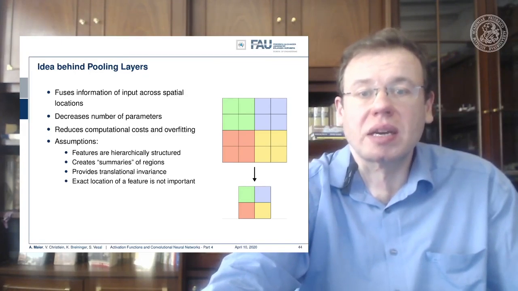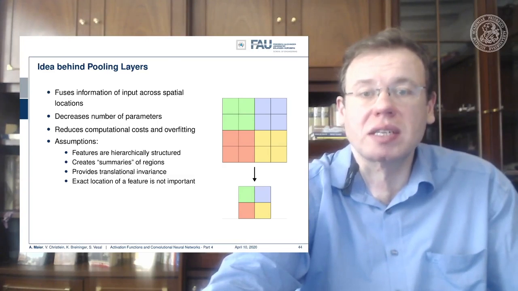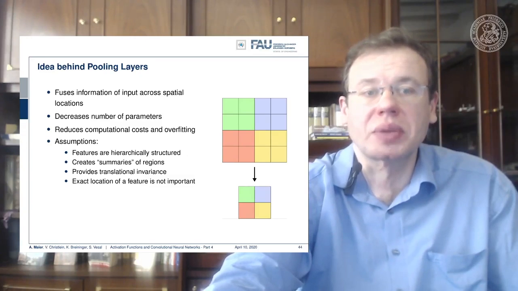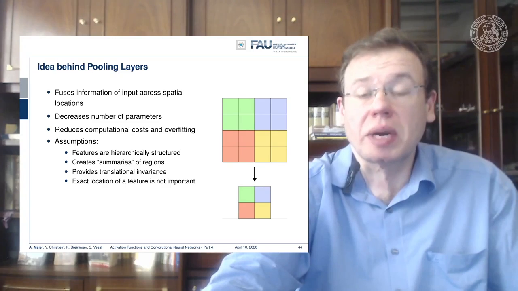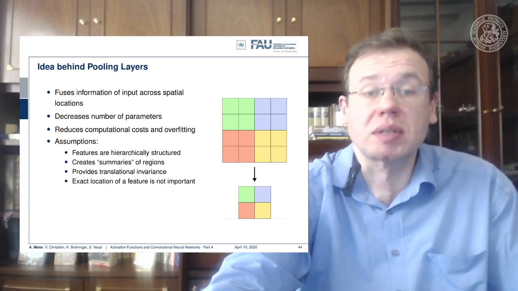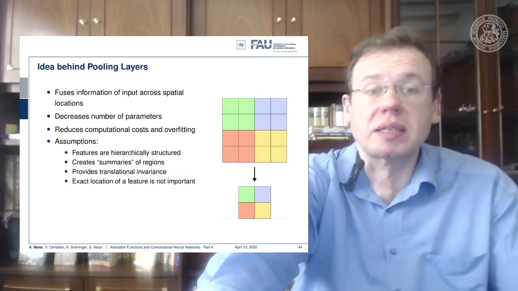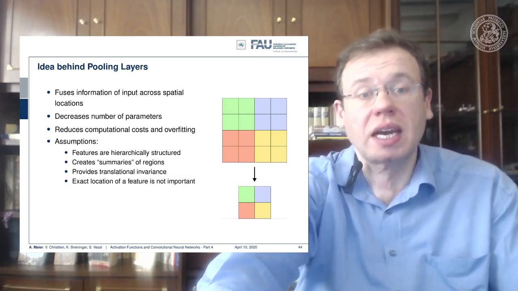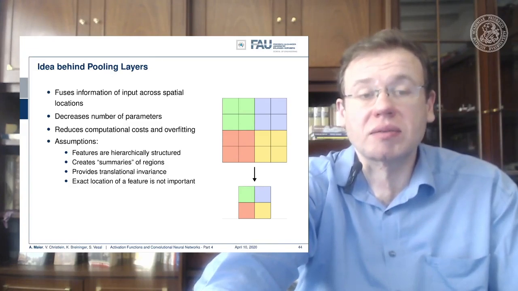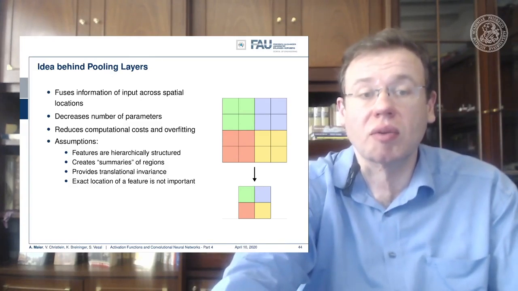So here we see this small example where we summarize the information in the green rectangles, the blue rectangles, the yellow and the red ones to only one value. So we have a 2x2 input that has to be mapped onto a single value. Now this of course reduces the number of parameters required. It introduces some hierarchy and allows you to work with spatial abstraction, and it reduces computational costs and overfitting, but